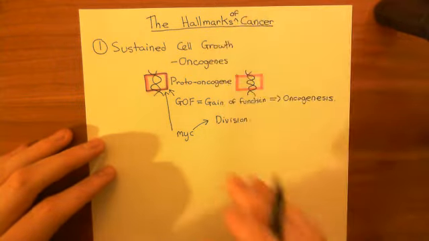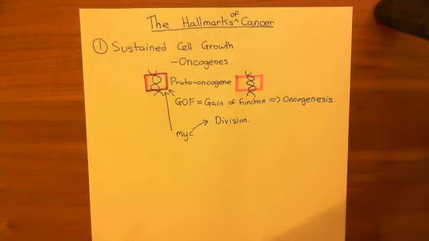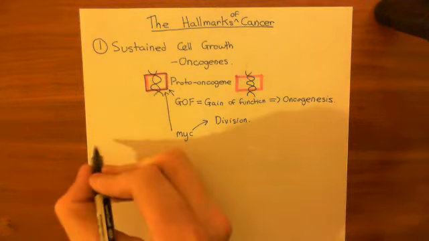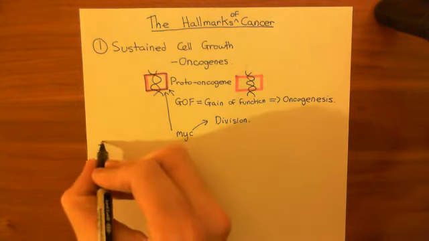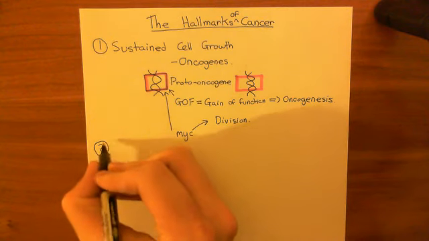The hallmarks of cancer. One of these hallmarks, and the technical details of what it means to have sustained cell growth, is that you've got these oncogenes, these gain of function mutations in the proto-oncogenes. When you have a gain of function mutation in a proto-oncogene, that gene becomes known as an oncogene. Okay, so now let's have the second characteristic of